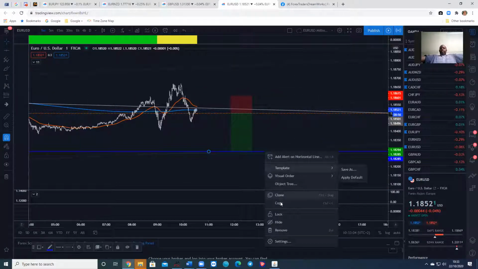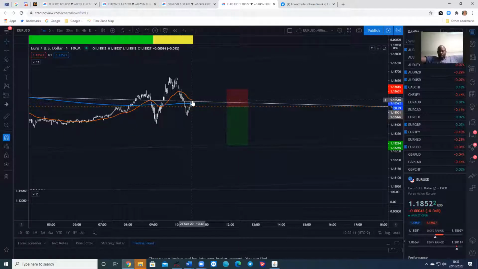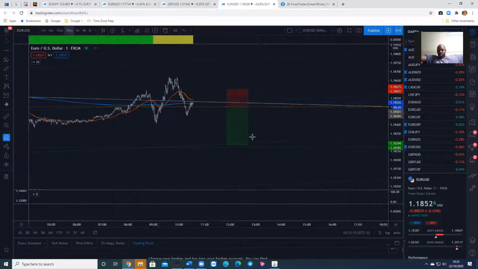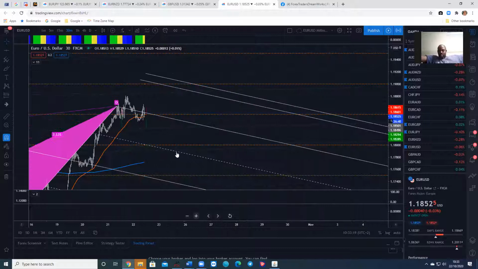I'm going to take that line off at the moment. I don't need it. I only put it on once I'm in a trade. So what do we have happening now? We've got the 62 has tailed off slightly. I look at the timing. We're on the half-hour candle. So I like to see what's happened on the half-hour candle.